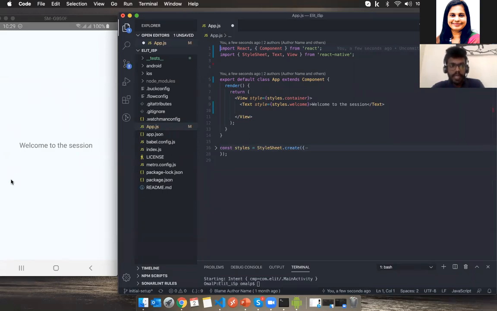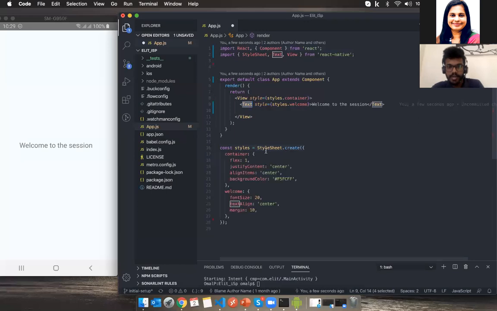When we are building the app, we are using these components to build the UI elements. For example, we have this text. From where are we getting this text? It's the Text tag we imported from React Native, and we can give styling to it. So styles.welcome. Where do these styles reside? It's in this StyleSheet.